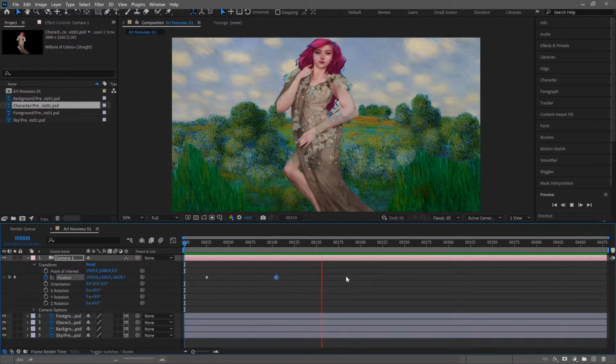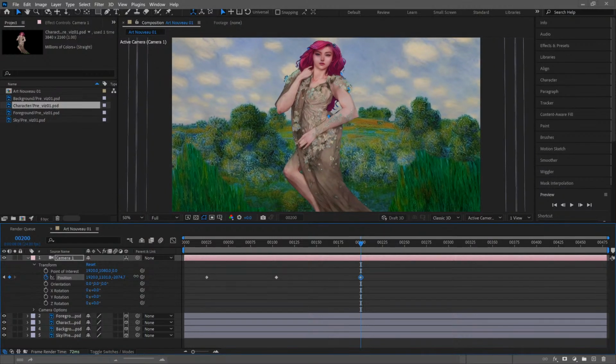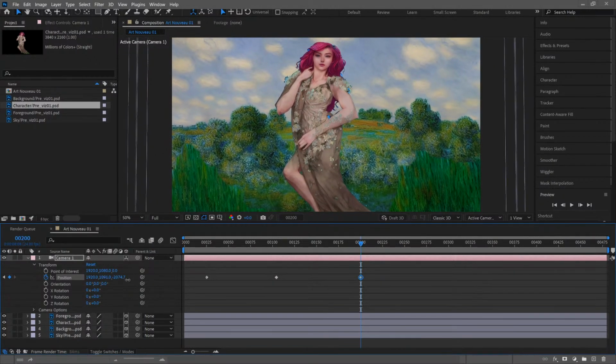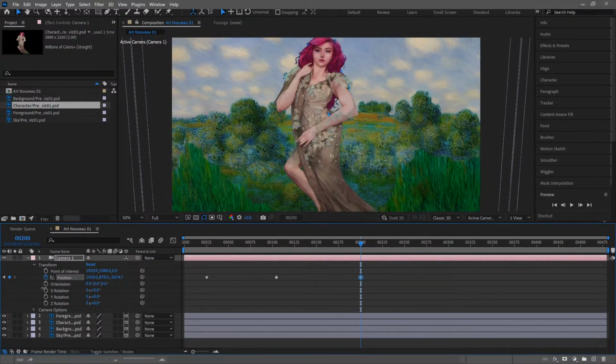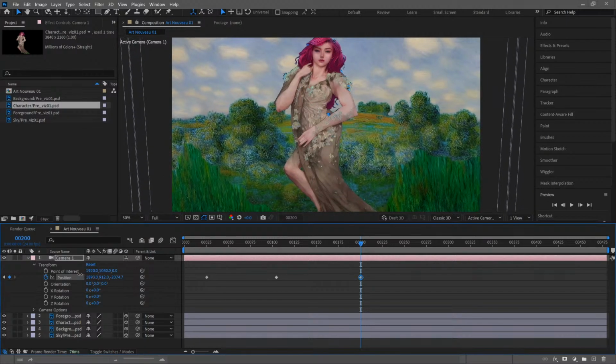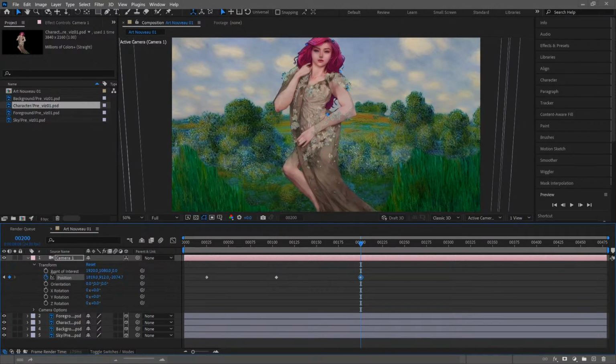And then we could even add another move into it, like at 200, just changing the y axis a little bit. And actually we will change the x axis a little bit as well, which also creates a little bit more